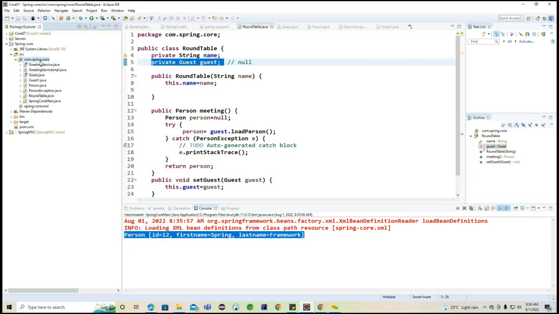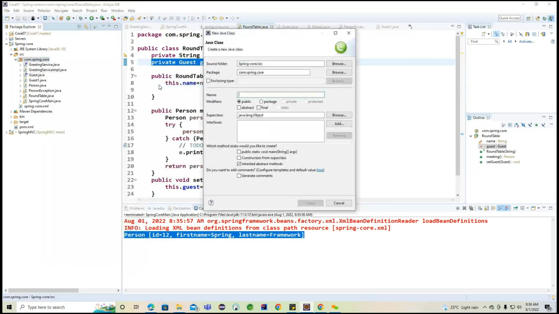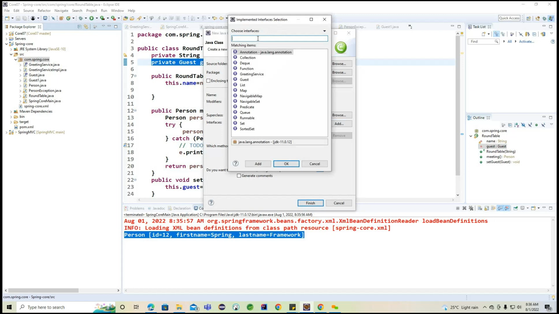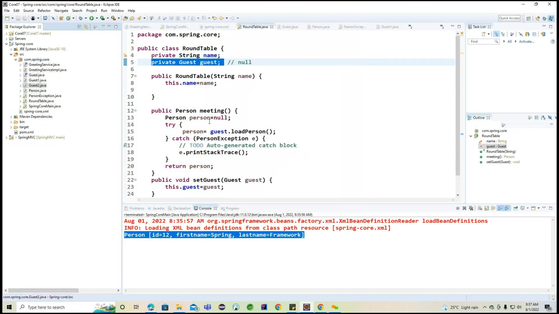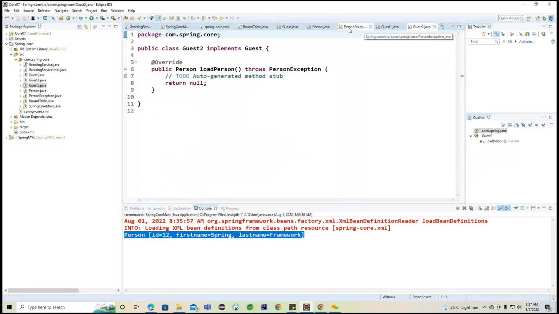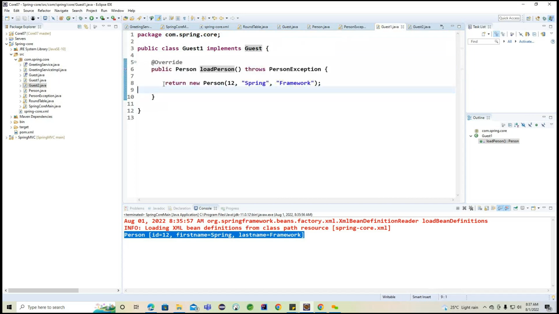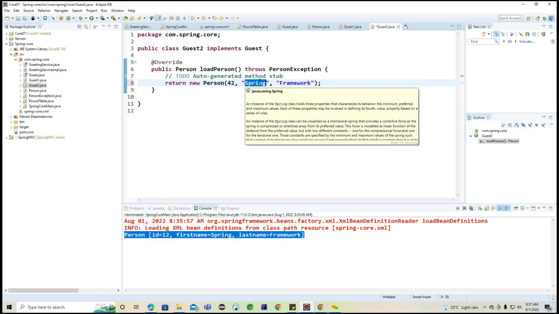If you are trying to come up with one more object, for example, I'm going to create guest 2, and I'm going to implement the same interface, something like a guest only. Whatever line we declared, I'm going to copy this and paste it here, and modify it to something like 42 instead of this particular string. Now what we can do,